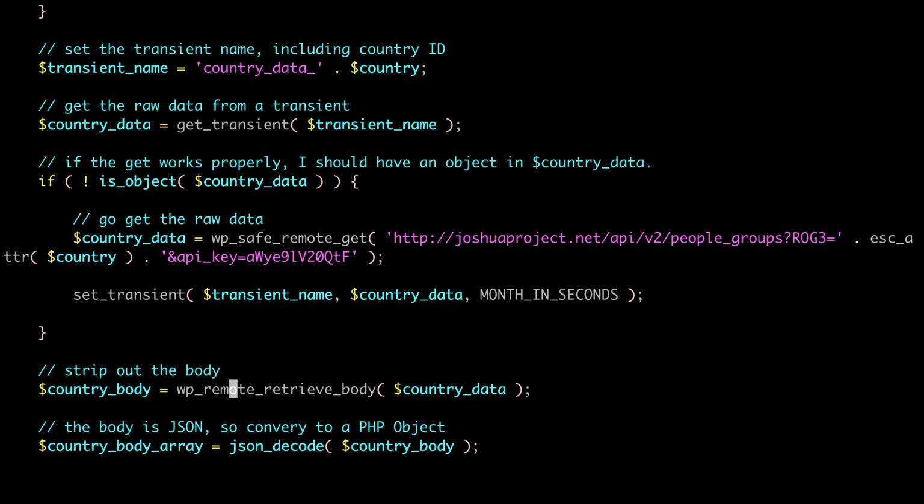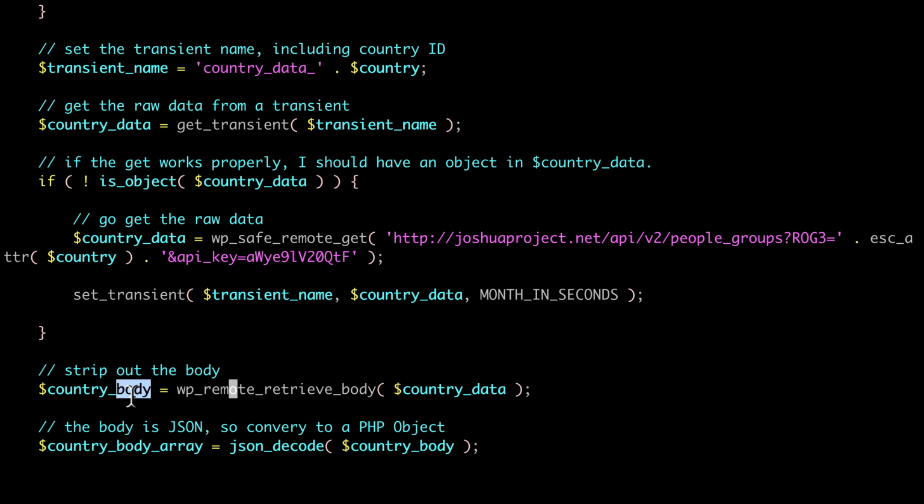So what you get back when you do this request is actually the results of a web request. So you're getting HTTP headers and HTTP footers, and it's telling you about caching and all that stuff. You don't care. You want the body. So WordPress also comes with a function called WP Remote Retrieve Body, which just pulls out the one variable that holds the data. So now I started with all country data, which was the whole request.